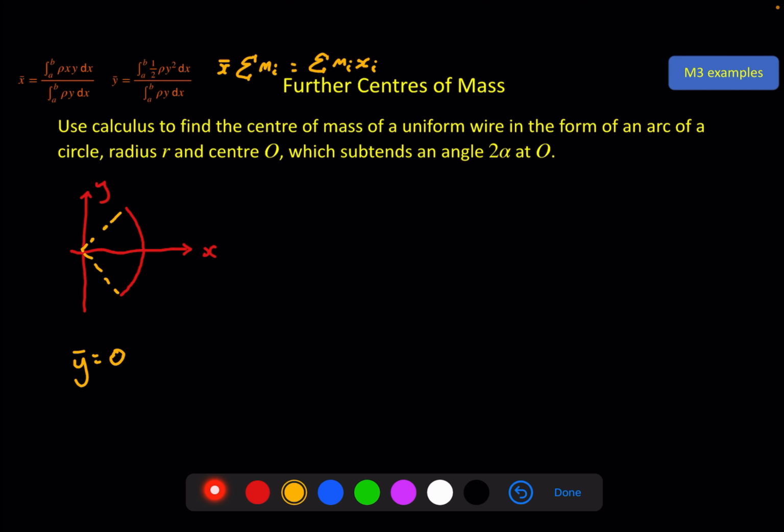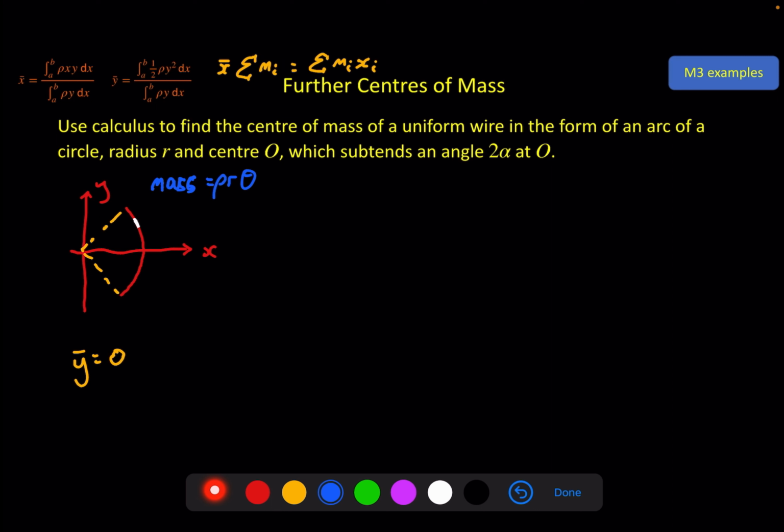But the piece we're going to take in this case is not an area, it's going to be a tiny little part of the circumference. Before we do that, let's look at the total mass, because that's going to be a bit easier. We know the length of this arc here is equal to r theta. So the arc is equal to r theta, which means the mass of that arc is equal to rho times